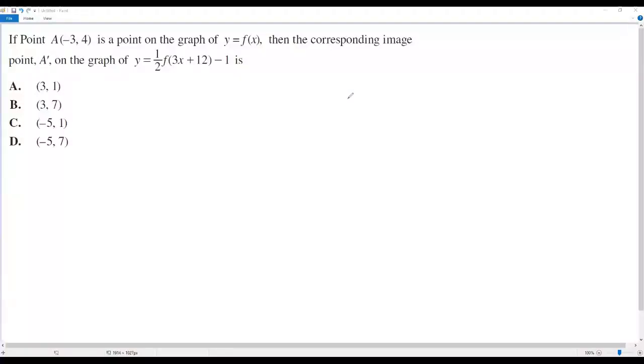Here we have a pre-calculus math question on transformations of functions. Okay, let's go with the question. If point A of negative 3, 4 is on the graph of y equals f of x, then the corresponding image point A prime on the graph of y equals 1 half times f of 3x plus 12